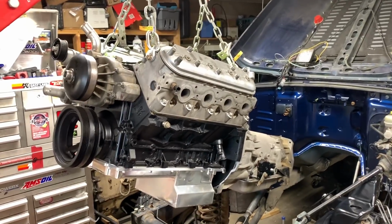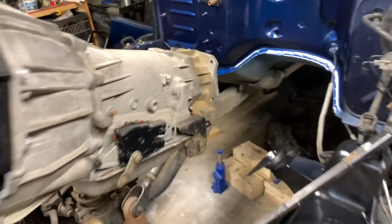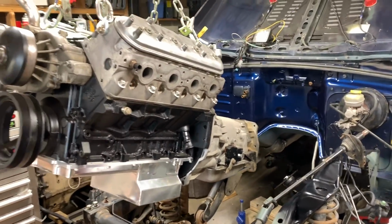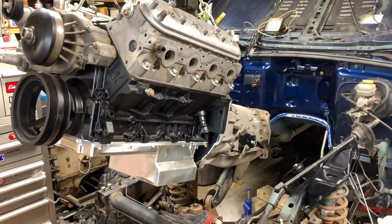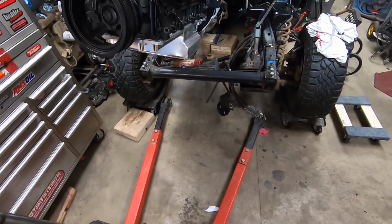All right, moment of truth. We're gonna see if the motor mount hack works. We're gonna slide it into place, hopefully without any issues, get everything bolted up, and be free. Gently